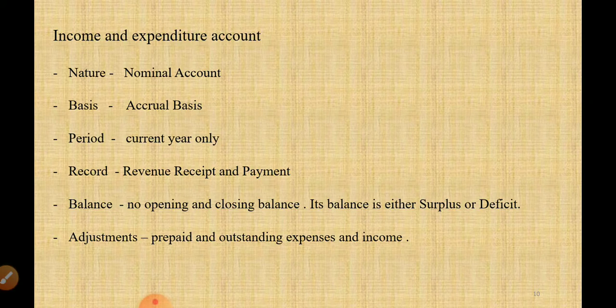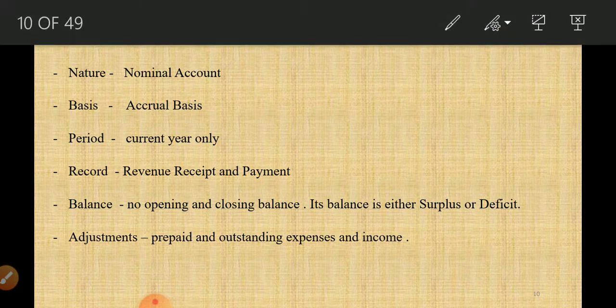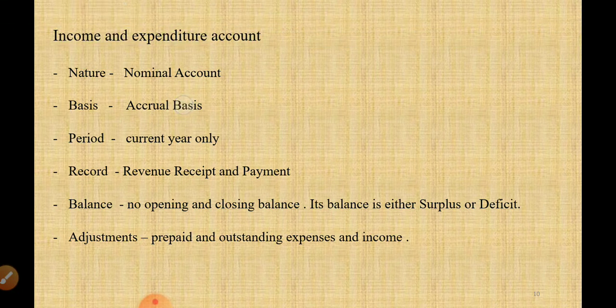So let us see the summary. Income and expenditure account, it is a nominal account. Debit all expenses and losses, credit all incomes and gains. Even though we call it income and expenditure account, the debit side is expenditure and the credit side is income. It is accrual basis, that is irrespective of cash received or not. If an income is said to have accrued or occurred during the current year, it will be shown. Similarly, irrespective of cash paid or not, if an expense has occurred, the benefit of which we have received, it will appear in the expenditure side, that is the debit side.